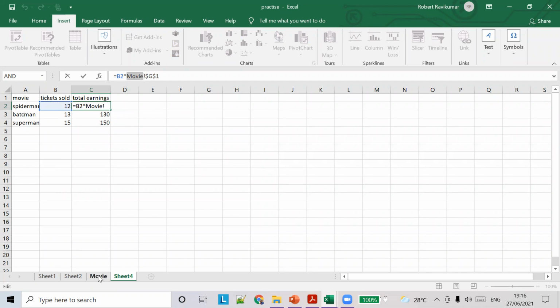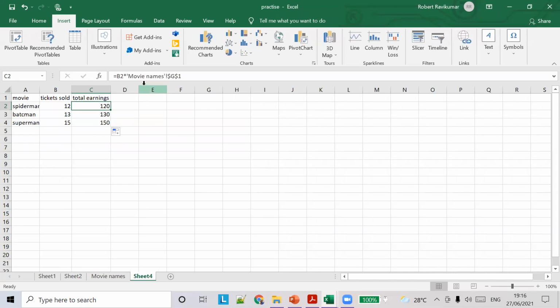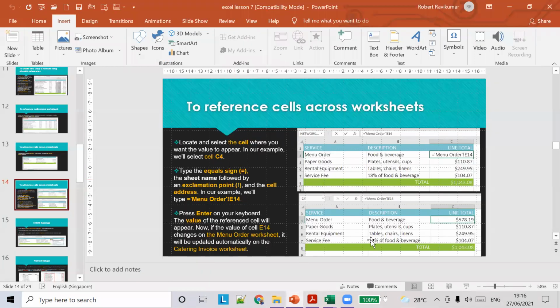So this is how you refer to the sheet. If you change the sheet name again, to movie names, Excel will automatically change the sheet name to movie names. So this is how you do sheet reference.